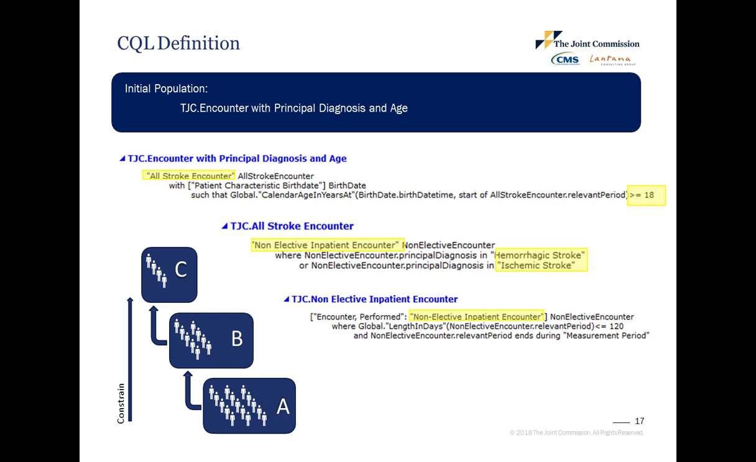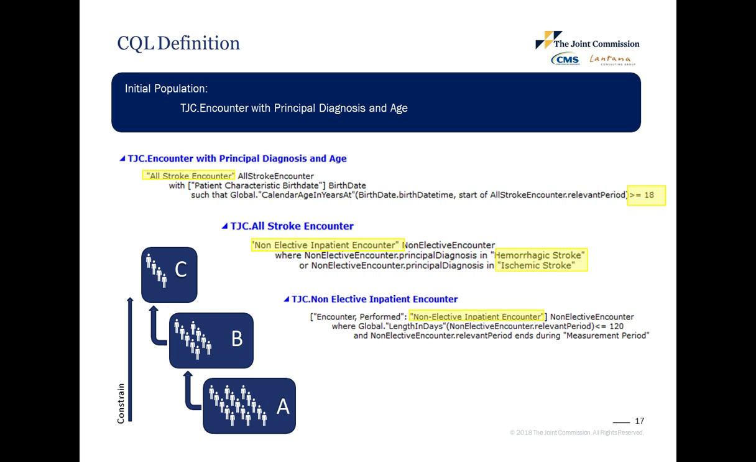On slide 17, we will look at this concept in more concrete terms. We have three definitions to build the initial population. At the bottom of your screen, we'll start with TJC.non-elective inpatient encounter. It's looking for an inpatient encounter. Then in the next block,